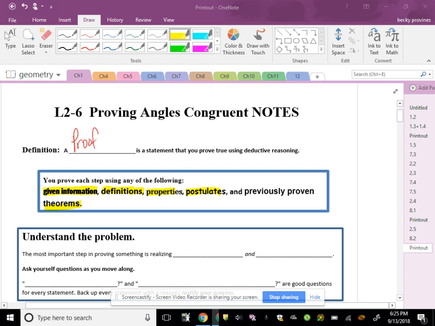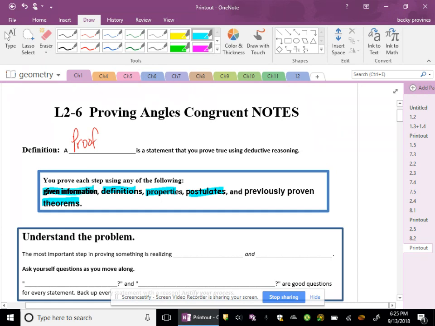So let's go over lesson 2.6 together, proving angles congruent. Now the first blank talks about a definition of a proof. A proof is a statement that you prove using deductive reasoning. So within your proof, guys, you're allowed to use anything that you've already been taught. So that can include any definition, properties, postulates, theorems, and every single proof will start with me giving you information